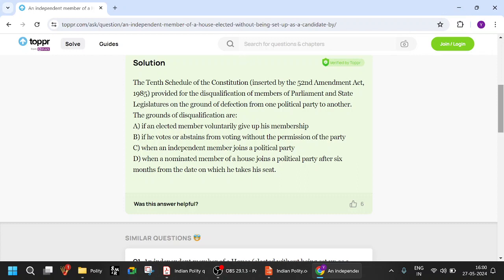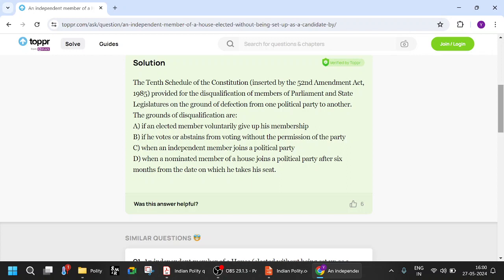So these are the defection grounds for disqualification. The 10th Schedule of the Constitution was inserted by the 52nd Amendment Act 1985. All this is very important. Disqualification of members of Parliament and state legislature. The grounds are: if an elected member voluntarily gives up his membership of a particular political party, then he is disqualified. If he votes or abstains from voting without the permission of the party,